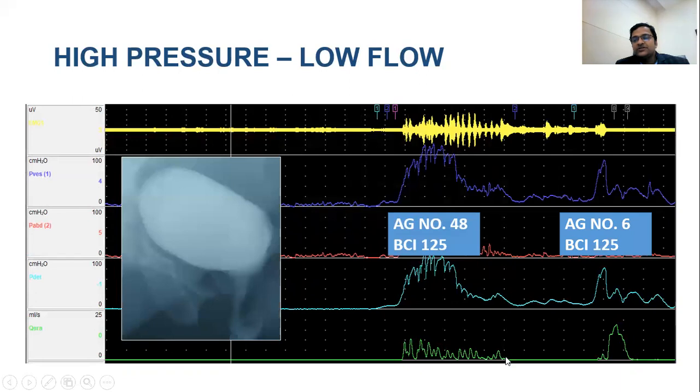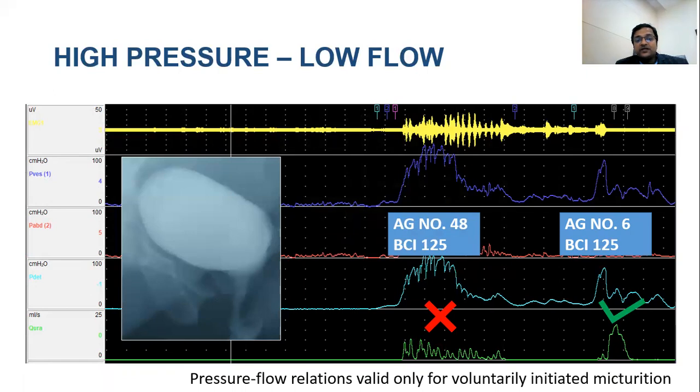And on volitional command to void, the patient voided with fairly low pressure and excellent flow, as corroborated with the MCU also. So pressure flow relations are valid only for voluntarily initiated micturition. If the patient is having overactivity, and unless you give a voiding command well in advance, it is not a valid